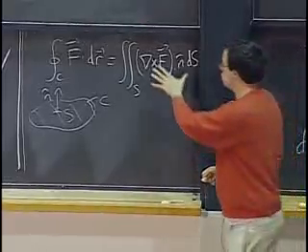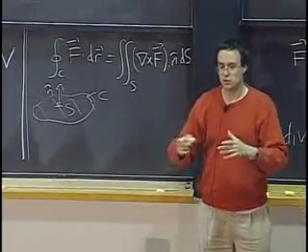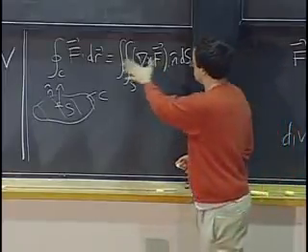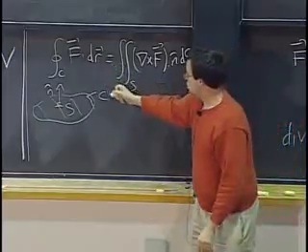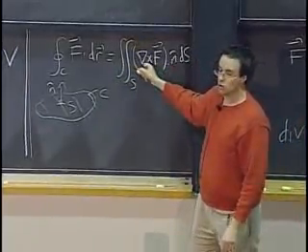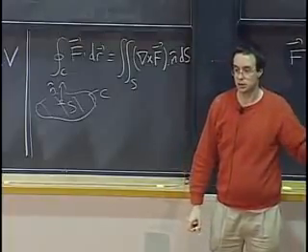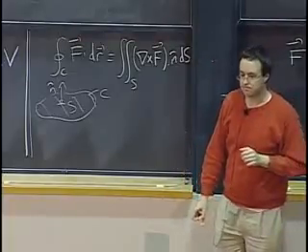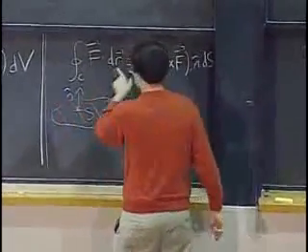After you take the curl, you obtain a different vector field. And the way in which you will compute this surface integral is just as with any surface integral. You just find a formula for N dS, take the dot product, substitute, evaluate. The calculation of this, once you've computed the curl, does not remember that it was a curl. It's the same as with any other flux integral. And finally, the last bridge. So this was between 2 and 3, this was between 1 and 2.